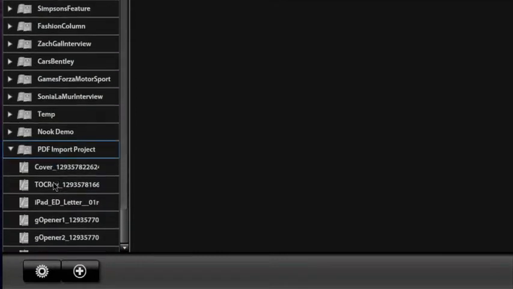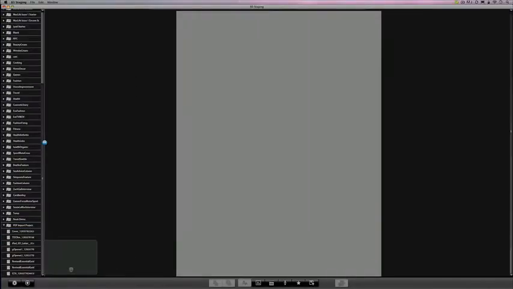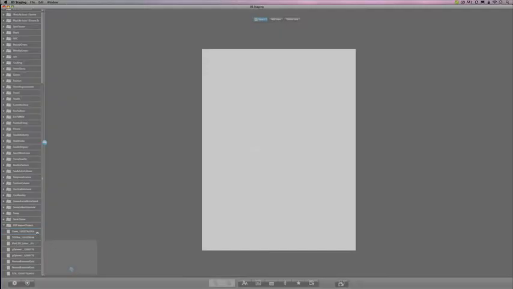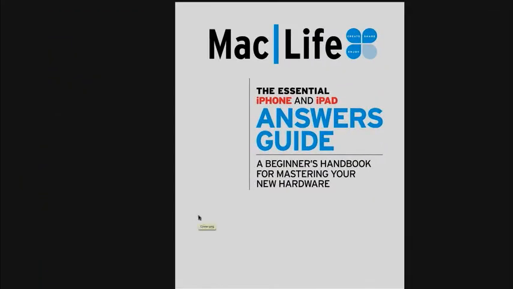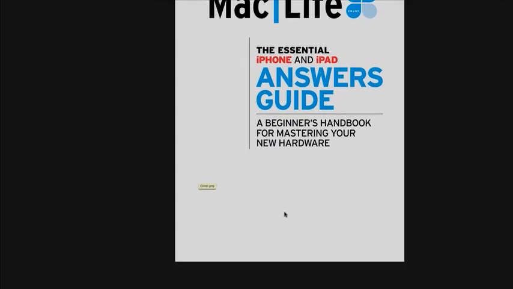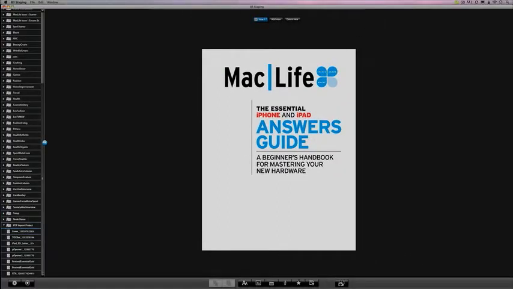Now we're just doing a representative sample of pages. Obviously we're not going to be doing the whole 100 page or 80-some page publication. So here you can see, let's go ahead and load up a page. This is the cover, and what they've done here is they've left a space at the bottom where normally there would be a graphic, but what we're going to do is augment the cover with some cool